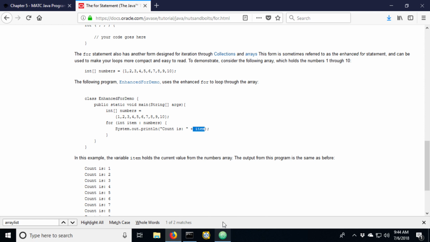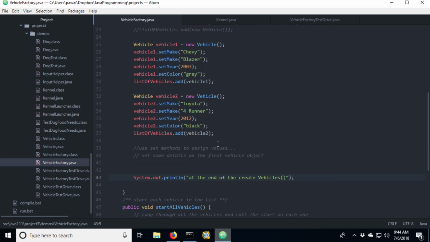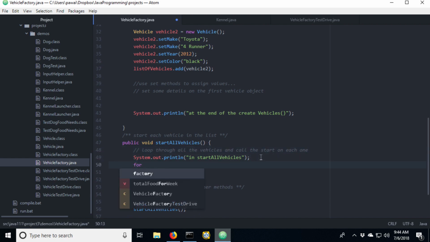Let's go ahead and write the loop for the vehicle, because we don't have that in here right now. Inside of the vehicle factory, we'll add in, starting our vehicle, we'll loop through all the vehicles and call start on each one. The traditional for loop would have looked something like this.